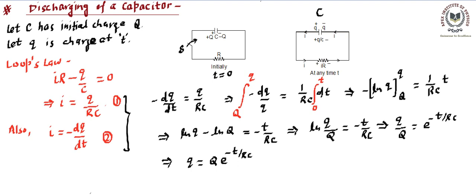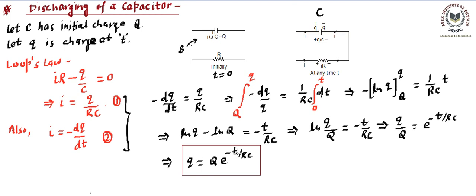Now this is an expression that talks about how the charge varies over time. So this relates the charge on the capacitor at any instant t. Now if we substitute t as 0, that means just after closing the switch, you will find e raised to power 0 becomes 1, so small q turns up as capital Q. That means as soon as you close the switch, the charge will be almost Q on the capacitor, and then after closing the switch it will start moving in the form of the current.